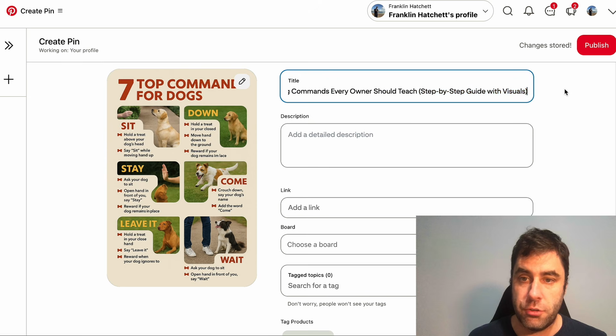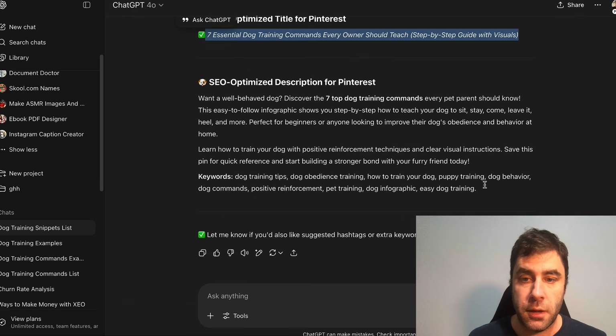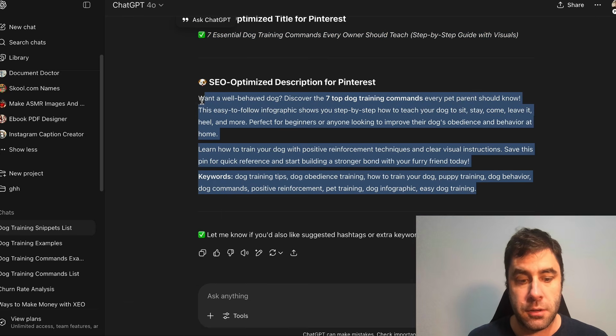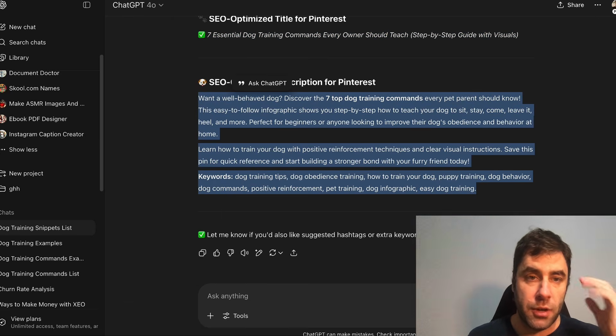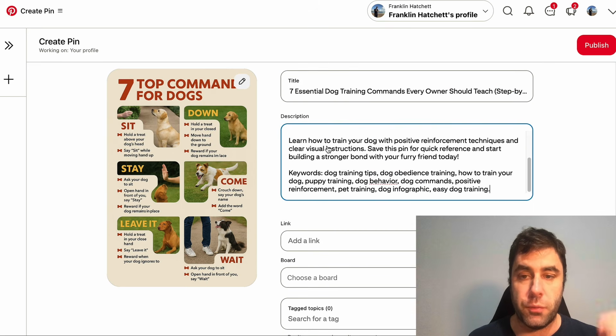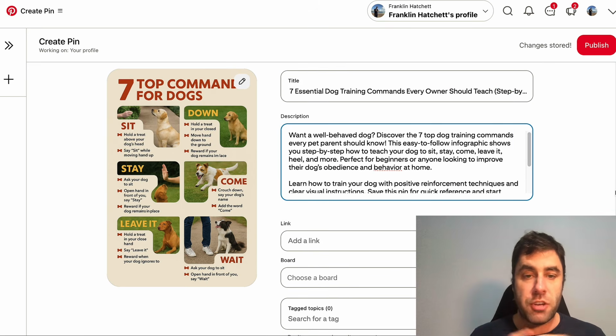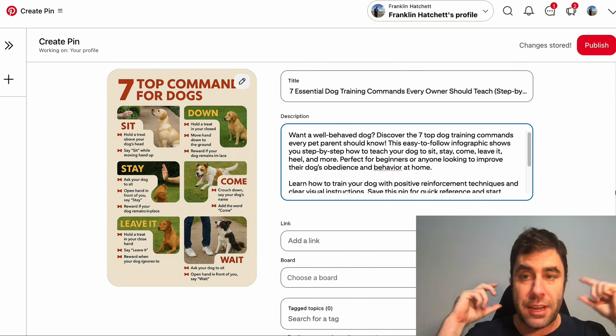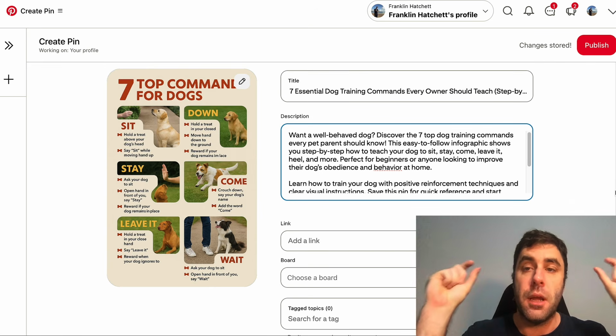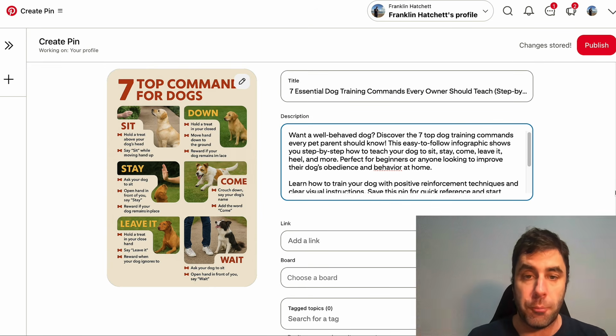Every owner should teach. You can take out the step by step, but it doesn't really matter too much. The more, the better. And then we have our optimized description. Do you guys understand the power of this? Without ChatGPT, you'd probably do a little bit of editing here. Without ChatGPT, all these other things, we would never be able to actually create this stuff. It would take so long to properly SEO optimize hundreds of these things that we're going to have to